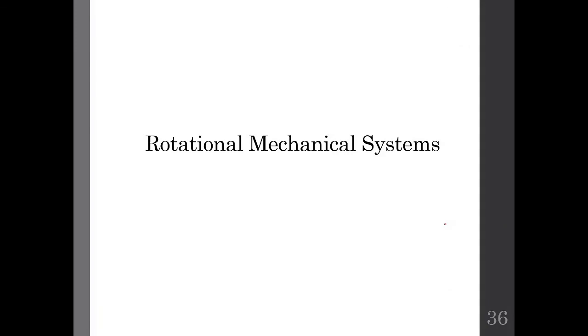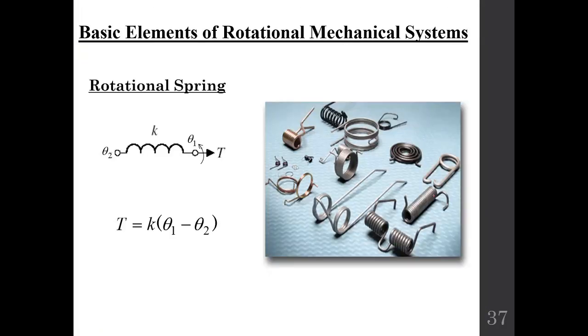Okay, so far we have talked a lot about translational mechanical systems. Let us discuss a little bit about rotational mechanical systems. As we said earlier, in translational mechanical systems the motion of the object is in a straight line, whereas in rotational mechanical systems the motion is in an angular direction. If this is your rotational spring, then rather than representing its displacement by x, we use the angle theta, which represents the change in angle in a circular way. These are some examples of circular springs, as you can see here.